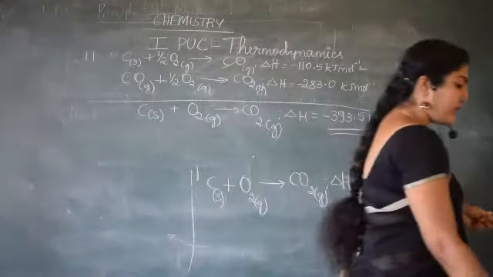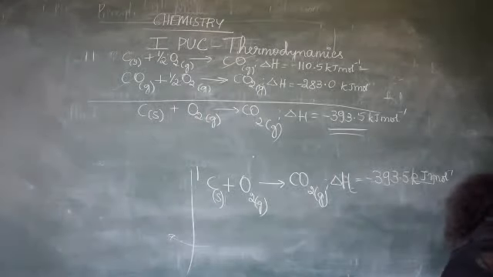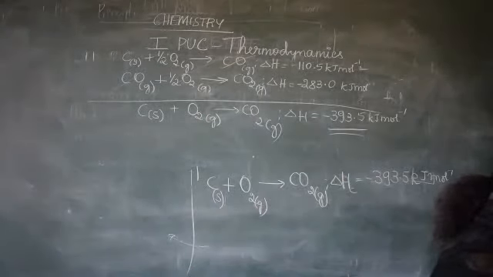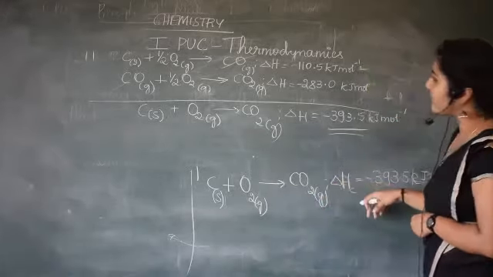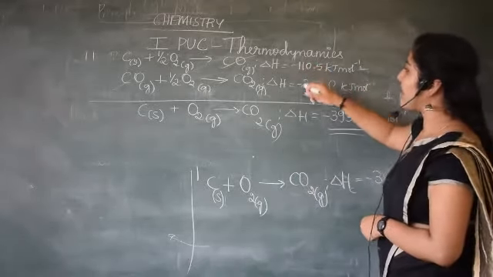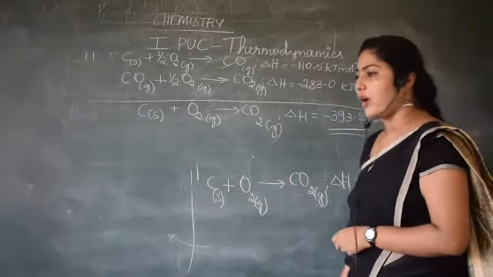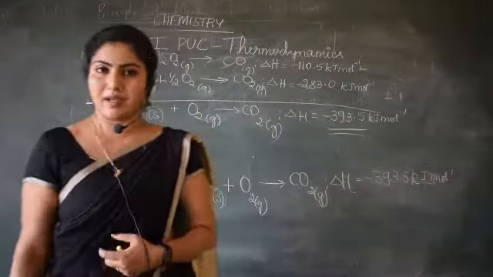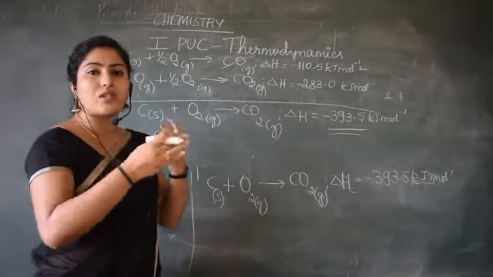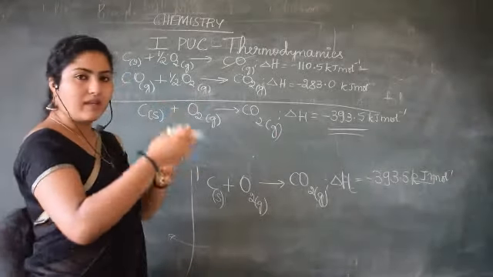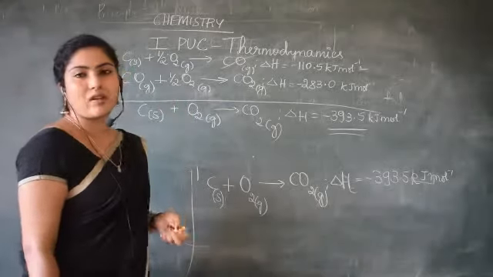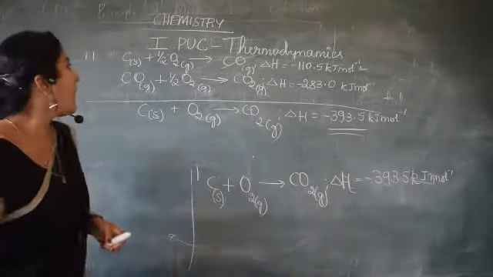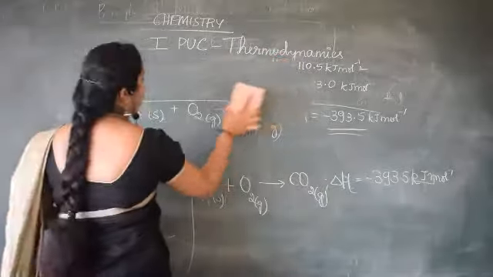See, you have got the standard enthalpy of the reaction by taking the sum of the other two steps' enthalpy values. So that is what is meant by Hess's law, which states that the standard enthalpy of the reaction is the sum of the enthalpy of the reaction of the other two steps, or the intermediate steps. We say intermediate steps means which is not actually stable one, which occurs in between. So this is about Hess's law of constant heat summation. Very important, you should be knowing the example also.